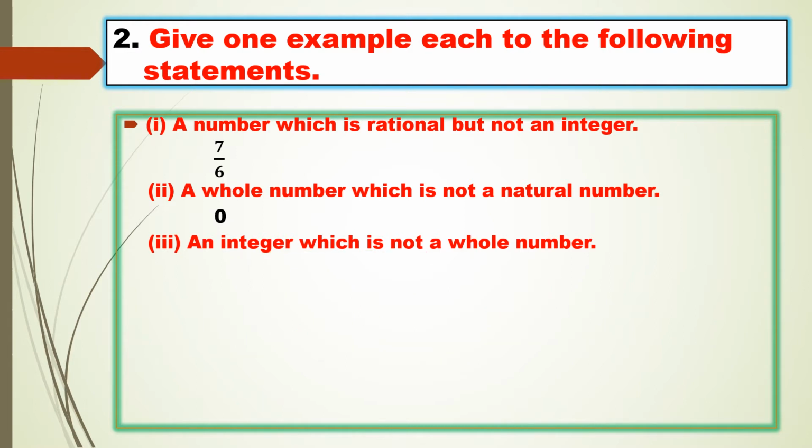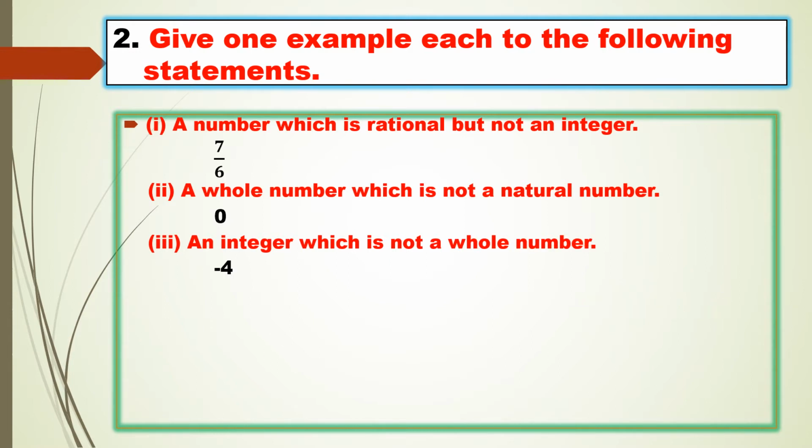So I can give my answer as -4, because a whole number means you are not supposed to write numbers from 0, 1, 2, 3. You are not supposed to write the positive numbers and you are not supposed to write 0 also. So apart from the whole numbers, the integers are negative numbers.